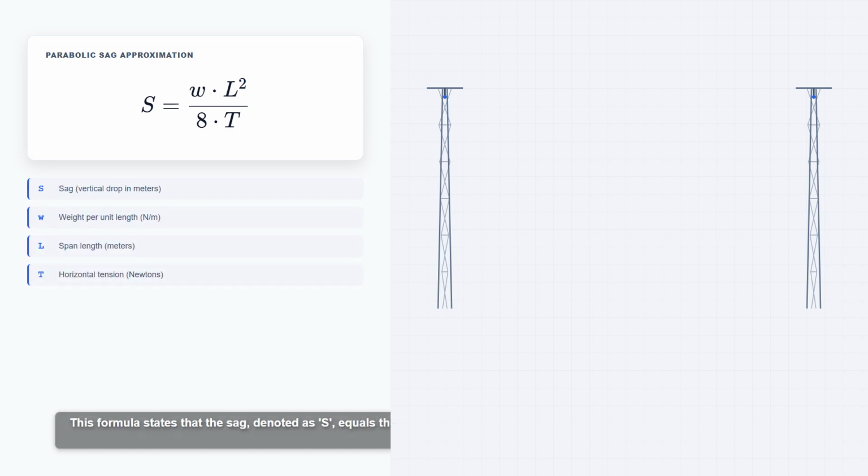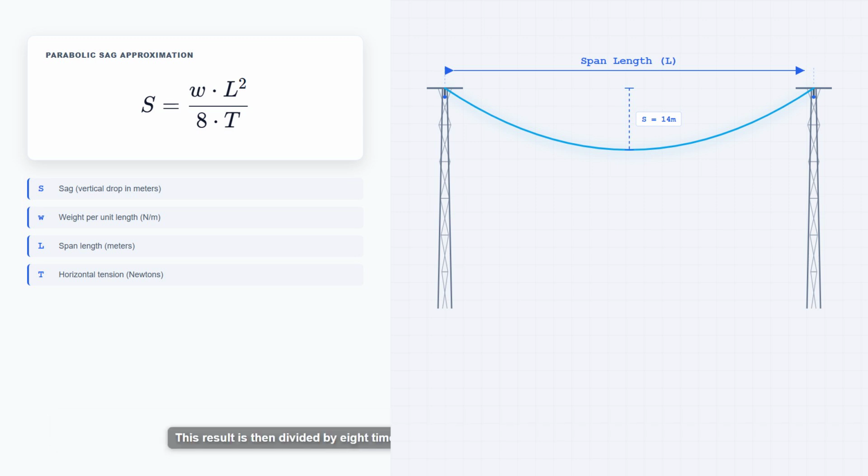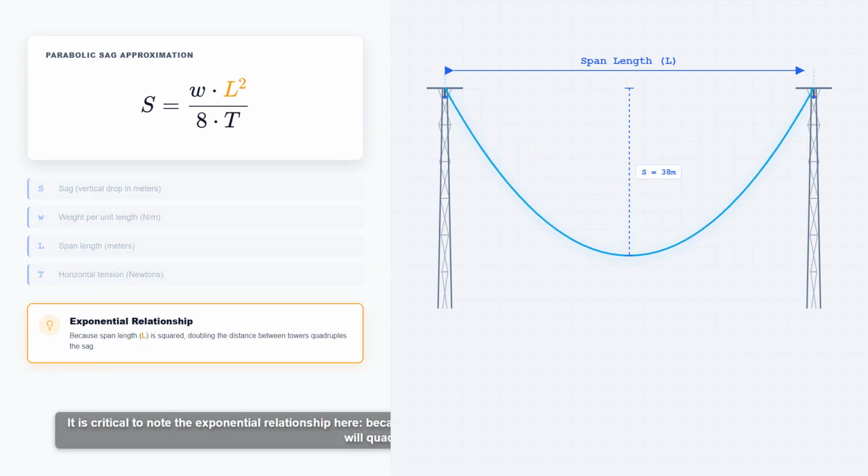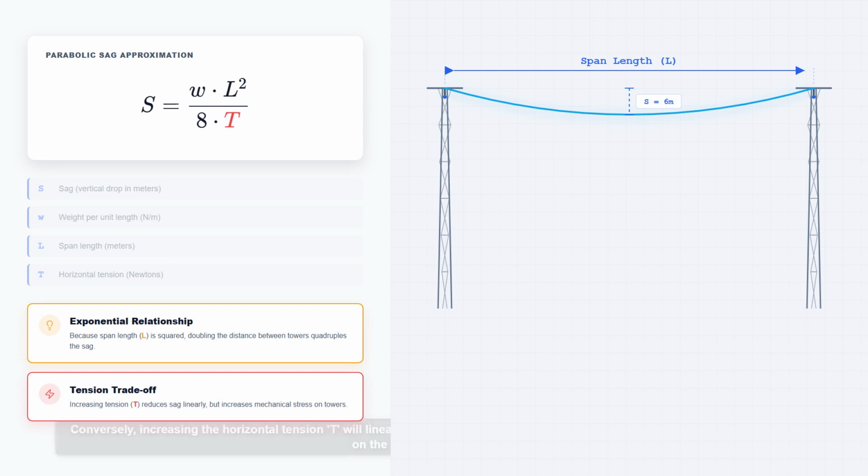This formula states that the sag, denoted as S, equals the conductor's weight per unit length, W, multiplied by the span length, L squared. This result is then divided by 8 times the horizontal tension, T, applied to the conductor. It is critical to note the squared relationship here, because the span length L is squared. Doubling the distance between towers will quadruple the resultant sag. Conversely, increasing the horizontal tension T will linearly reduce the sag, but this places significantly higher mechanical stress on the